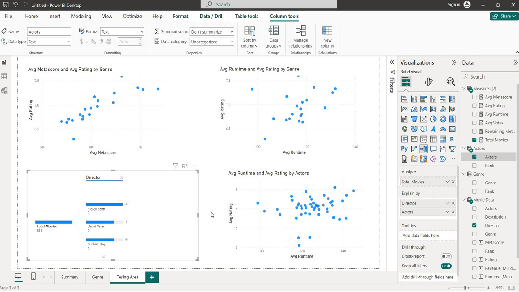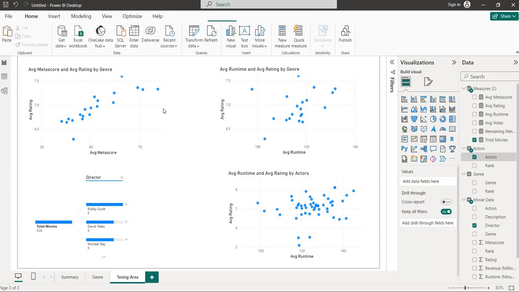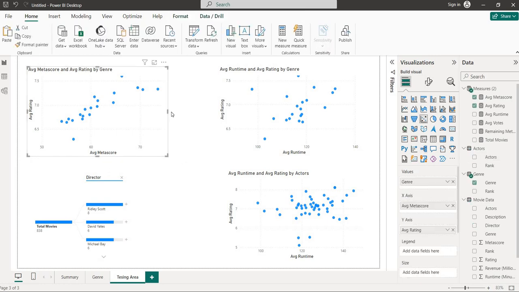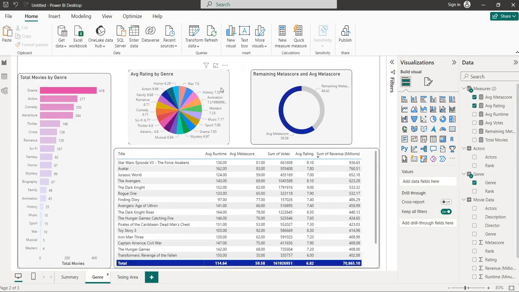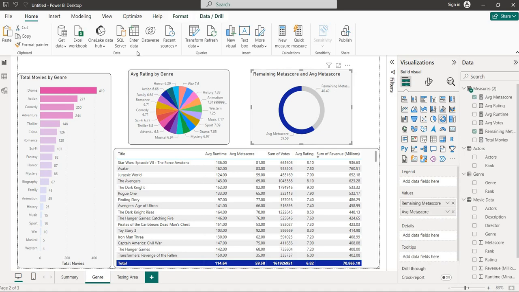You can add several more things, but this is what I have made for you guys for practice.